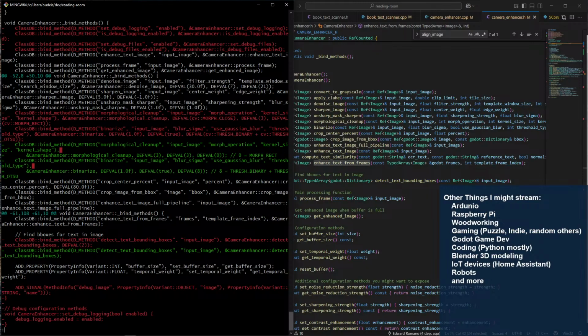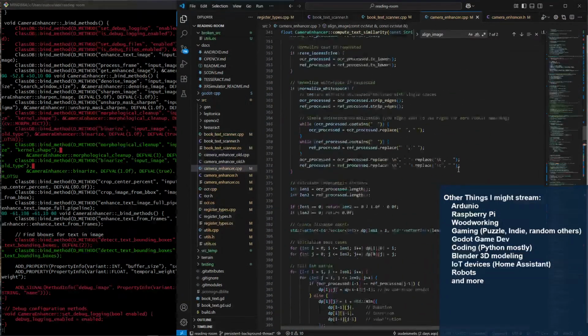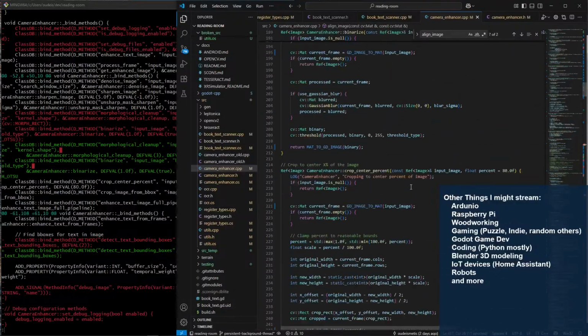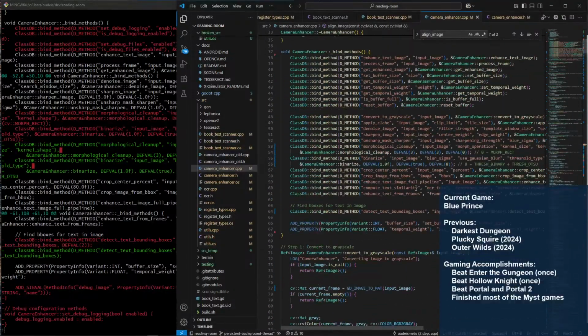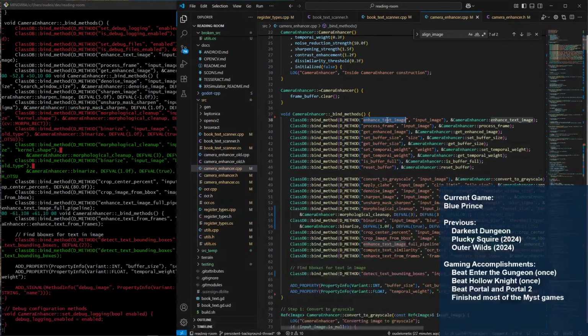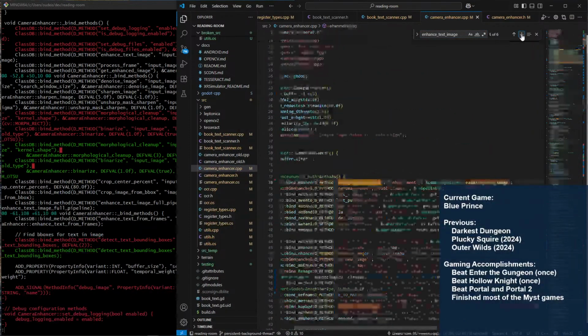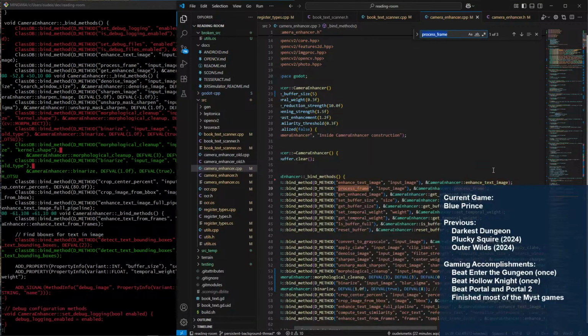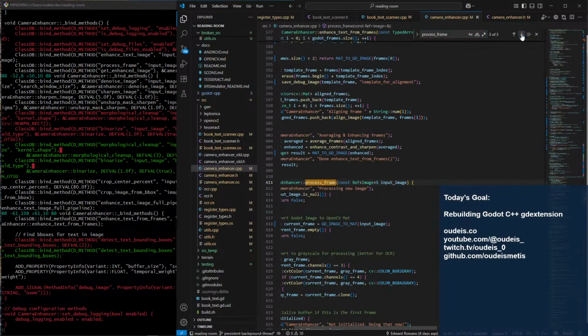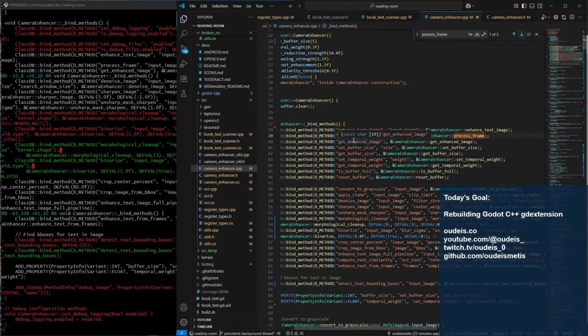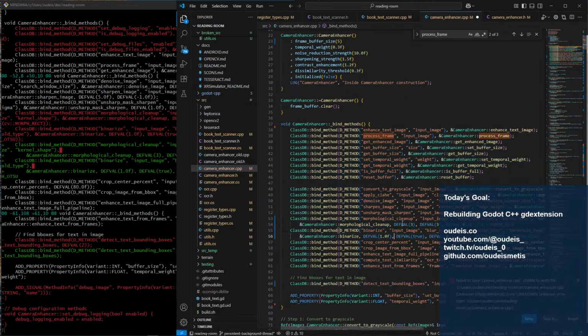I do wonder if these binds are, ooh. Yeah, but it should complain, right? If this isn't there, it should yell about it, right? Because if I do process frames, yeah, it's going to complain that it doesn't have it. So all of these are guaranteed to be there.